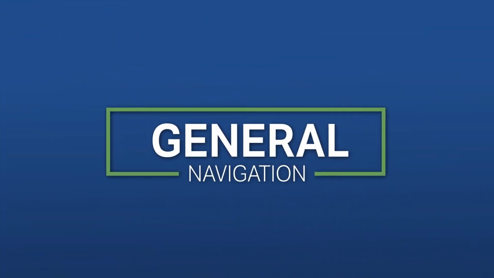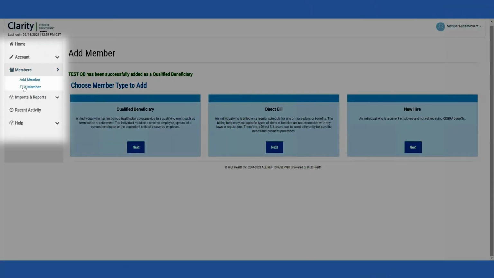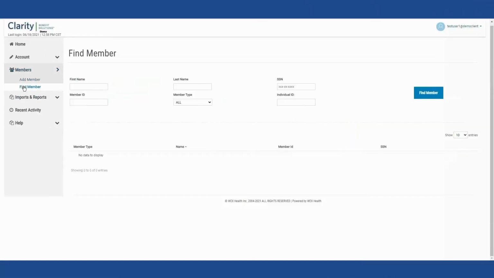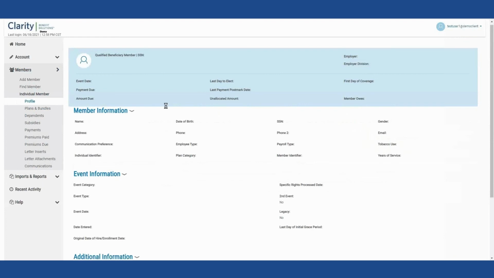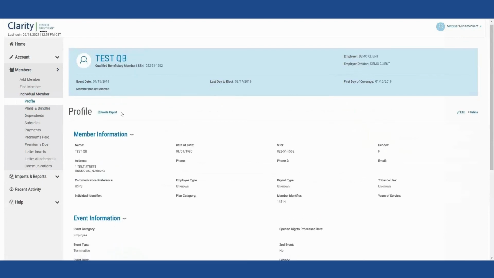Find Member tool. Under the Members section, you can use the Find Member tool to pull up a record that you entered already. To do this, put in their first and last name, or just their last name or SSN, and then click on Find Member. It will pull up their account. You can select their name, and it will pull up their record. You can toggle between tabs that we went through and entered for this member to see their Plans tab and